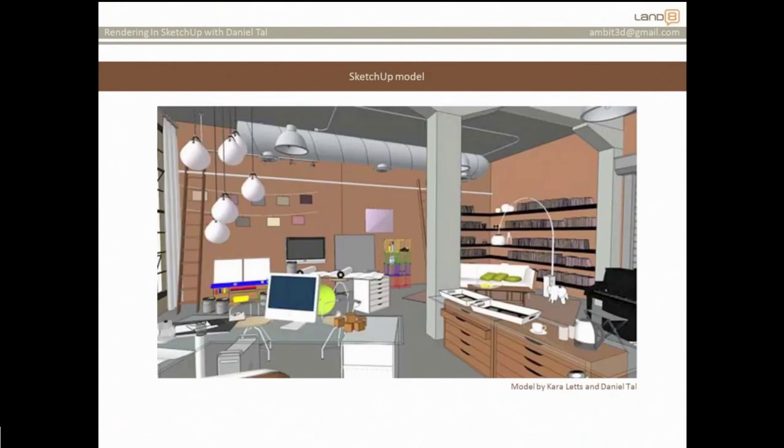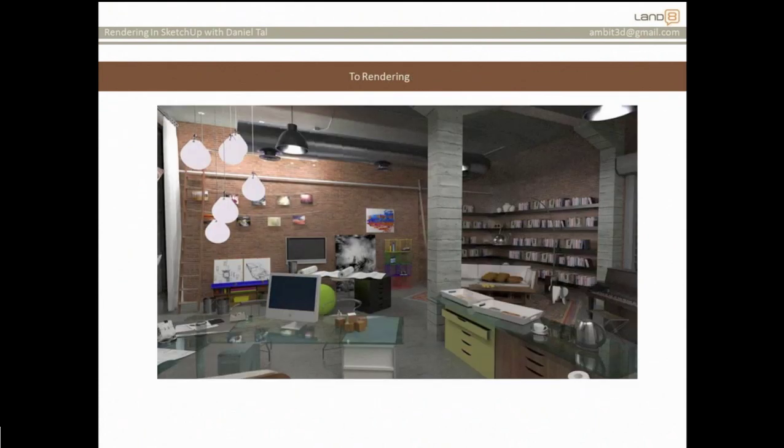What is rendering? Well, rendering is the act of taking any kind of SketchUp model, or any model for that matter. This is an interior design model by an interior designer named Kara Letts, and she won this for a competition for Easter Seals, and I tweaked the model a little and then I rendered it. So I took this interior model, rendered it in something called Twilight Render, and produced a photorealistic quality to that